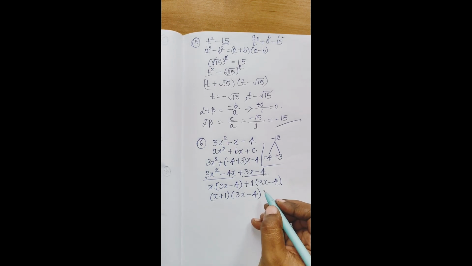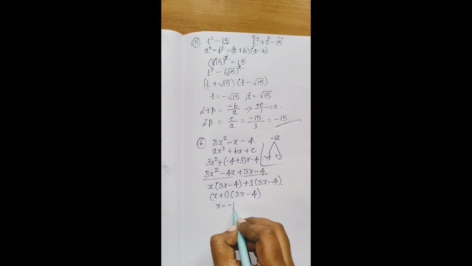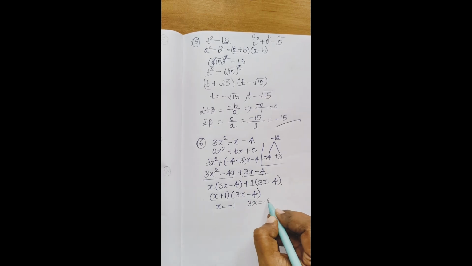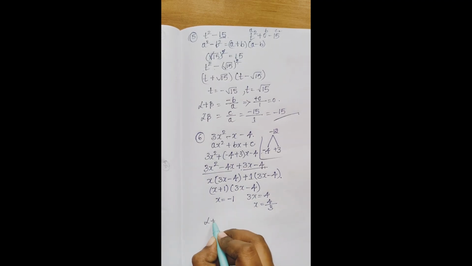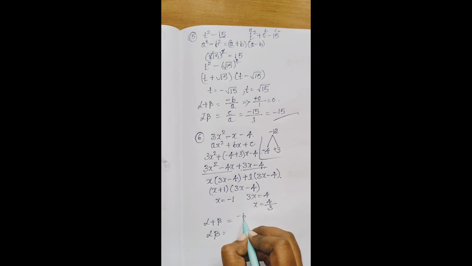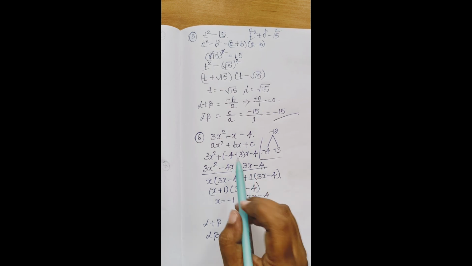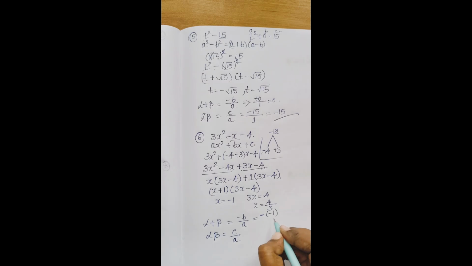Okay, now find out the value of x. X equals minus 1, then 3x equals 4, then x equals 4 by 3. I am doing directly because I explained 5 sums. You should understand by doing the last sum. Okay, next sum of zeros and product of zeros. The formula for sum of zeros is minus b by a and product alpha into beta is c by a. Minus of, what is the place of b? Minus 1, a is 3. Minus into minus plus 1 by 3. Then c is minus 4 by 3 is the answer.